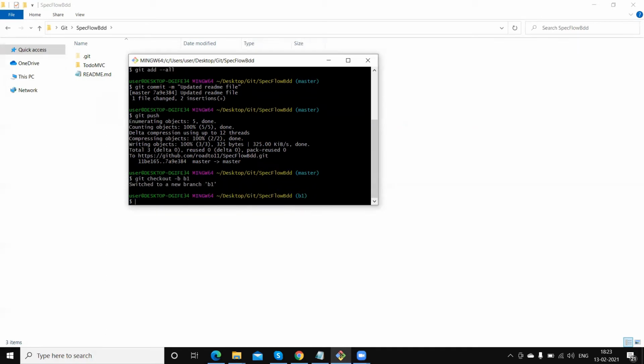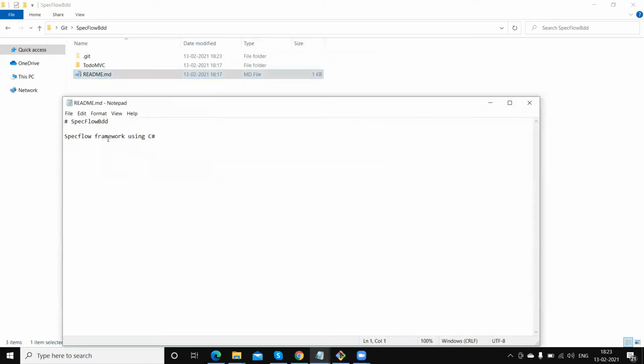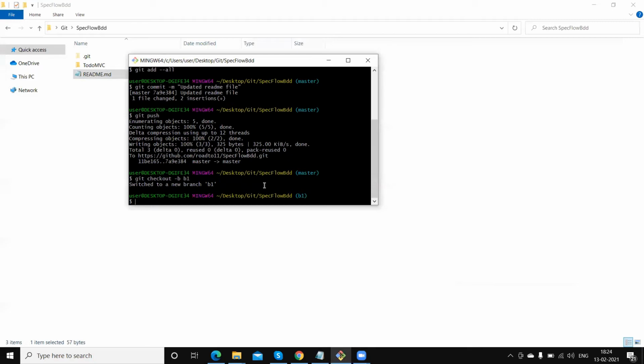So I have created the B1 branch here, and now I'm going to update this README file with SpecFlow framework using Selenium and C#. Okay, so I have just updated it here, and now I need to push these changes into the B1 branch.